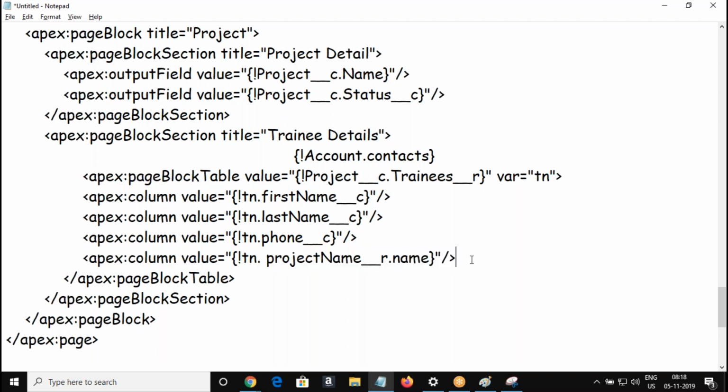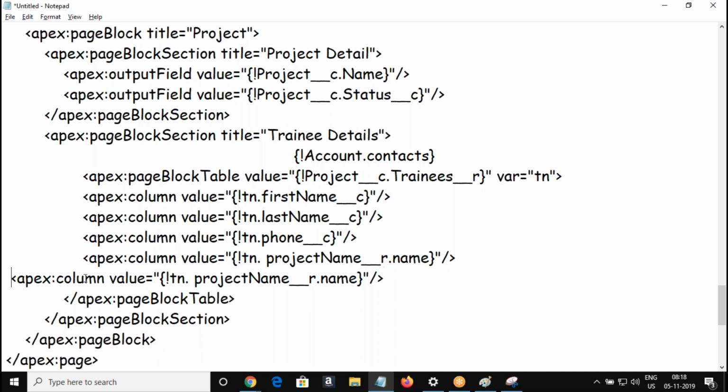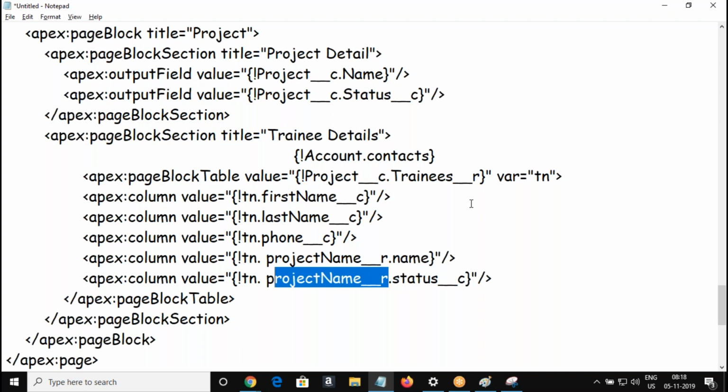Similarly, how are we going to refer to the status field of the parent object project? Status double underscore C. This is a field name. This is a relationship name. So wherever you are referring to a relationship name, that's going to be double underscore R in your custom object relationship. In the case of a standard object relationship, there won't be any double underscore R, just the relationship field name.